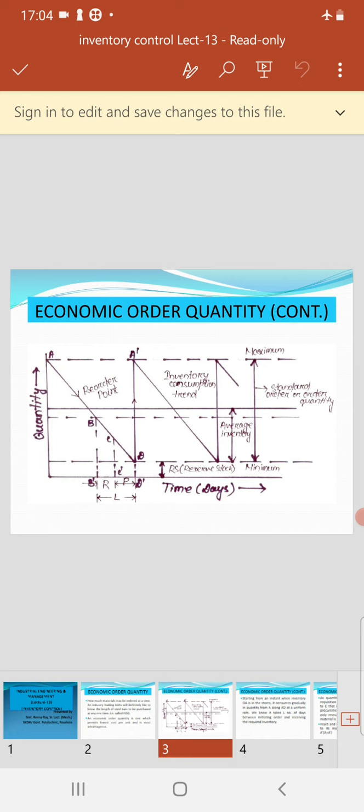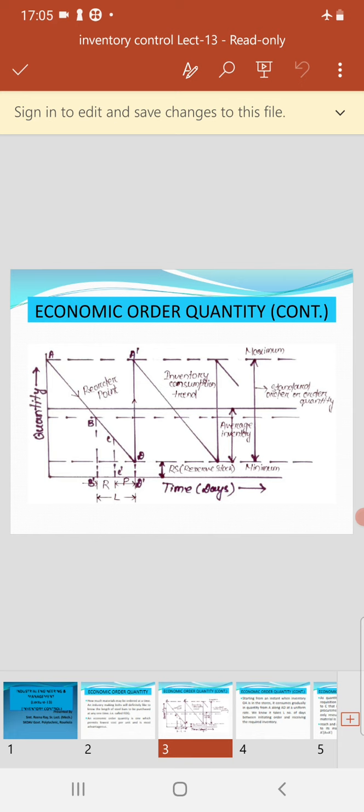So between two purchase orders, the lead time is from B dash to D dash. On the x-axis we have the timeline. So B dash to D dash is the lead time, that means the time gap between two successive orders. If we start the ordering at the point B, then we will receive the item at the point